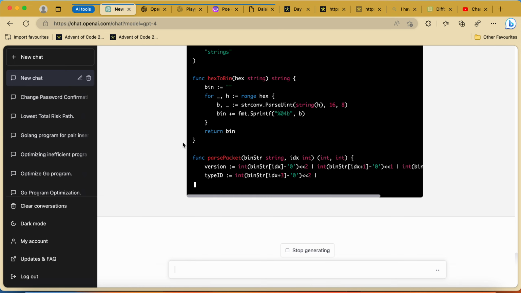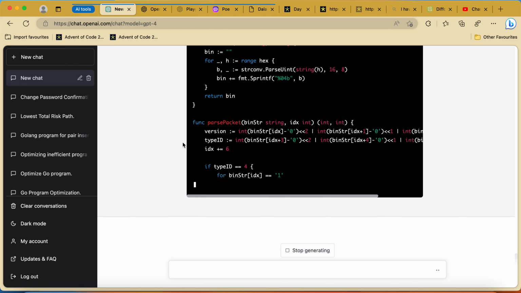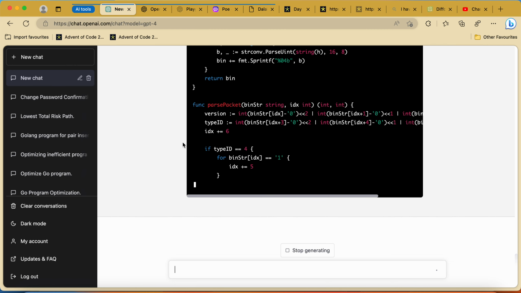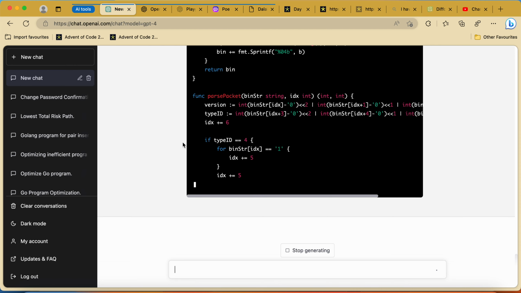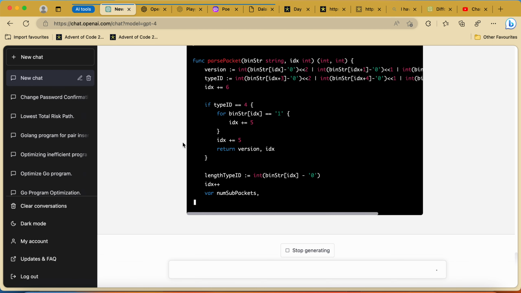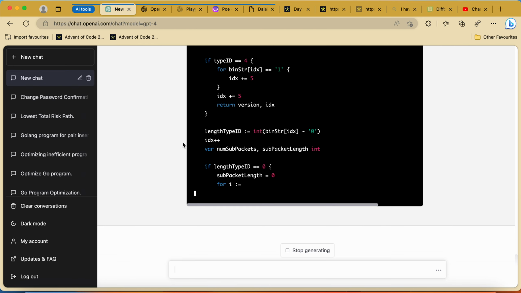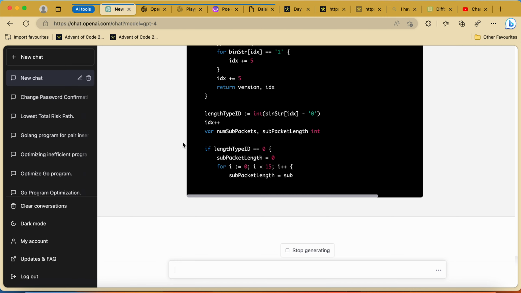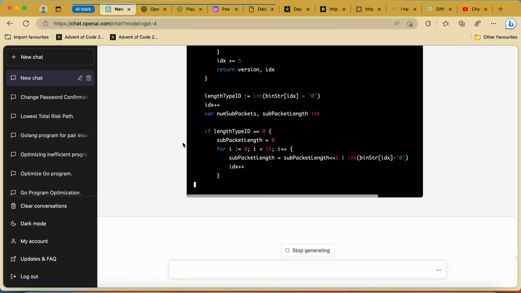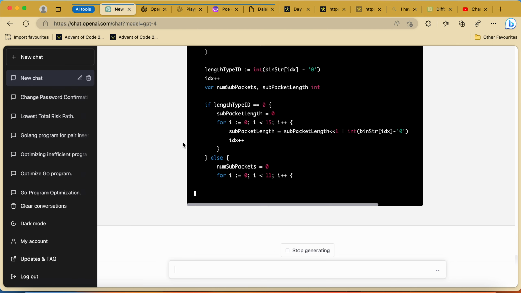Okay, I'm seeing here parsing the packages and so on. That seems promising. Now we're checking for the type ID, if it's this or this, etc. We're checking if it's 1. We're adding 5. Shouldn't it be 11? Always adding, and plus 4.